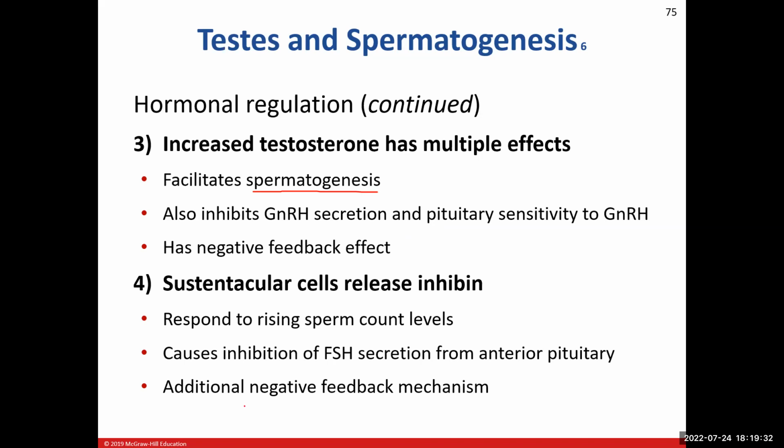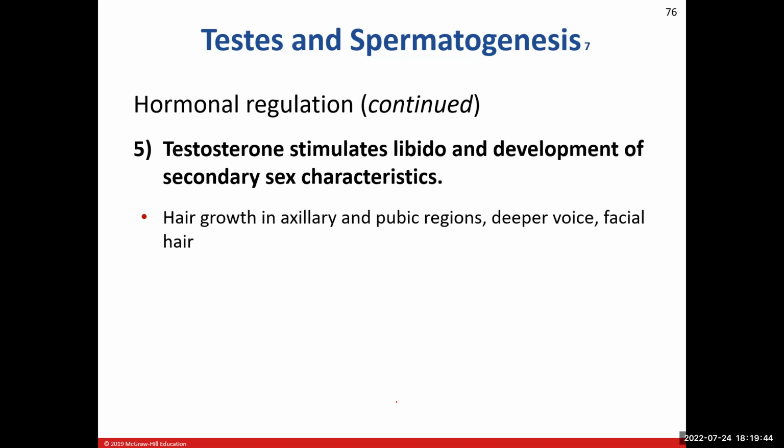So again, we see another negative feedback mechanism. The outcome with negative feedback mechanisms will always be in the opposite direction of whatever the stimulus is. Keep that in mind. So in the last part here of the hormonal regulation, we're going to see